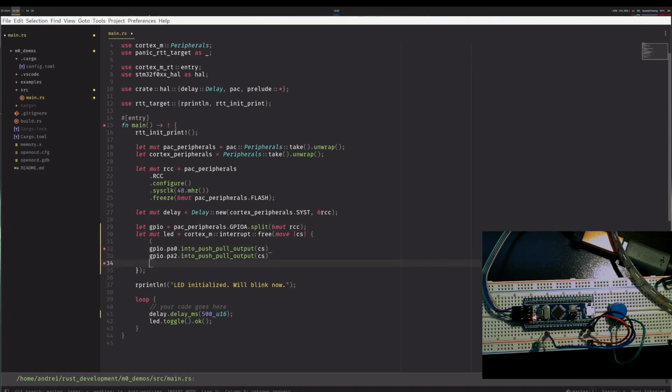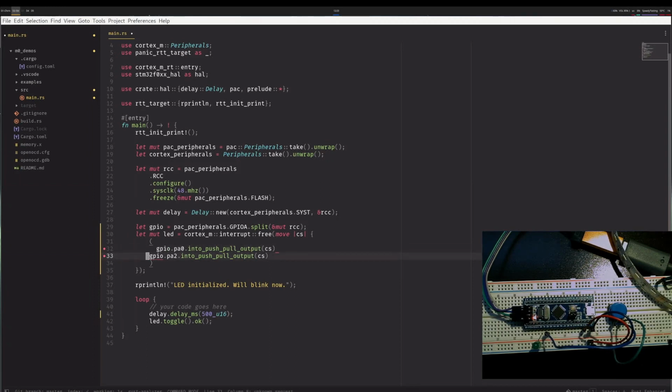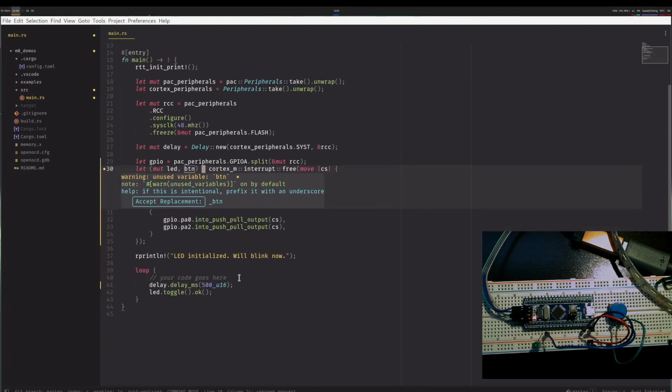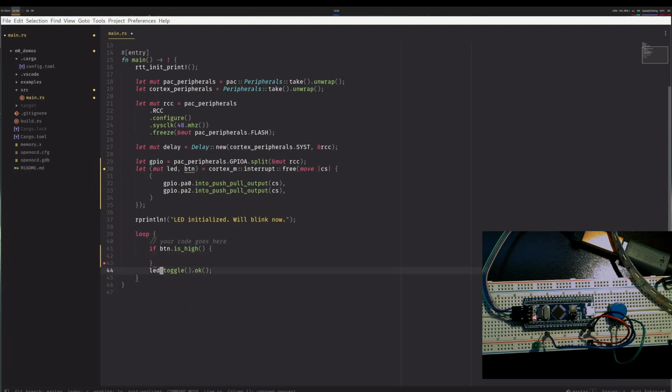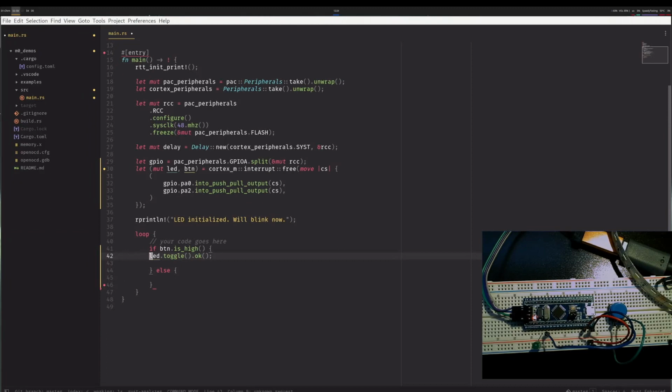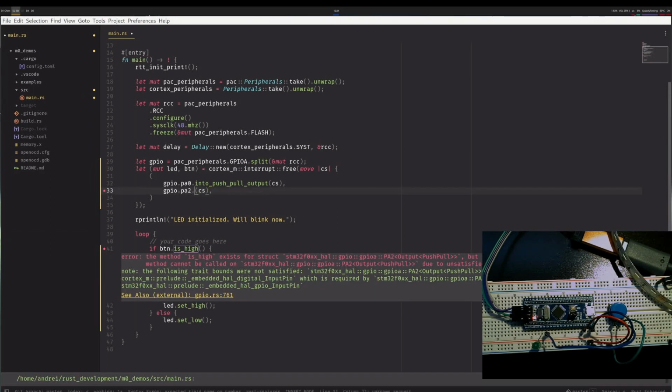I will explain my choice of PA2 instead of PA1 slightly later. So I want to return both of these, and they are returned as LED and a button. Now in my loop, whenever I read a button, if button is high, then I want the LED to be on, and if the button is low, I want the LED to be off. I put PA2 into push-pull, but into